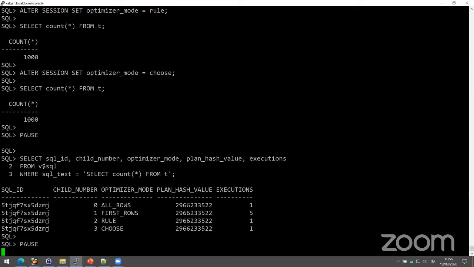And if you check the hash value of the execution plan, the hash value is based on the structure of the execution plan. So if you have exactly the same hash value, you know you have exactly the same execution plan. So in this case, you can see we have 4 times the same execution plan. So it's not, as I said before, that Oracle creates a new child cursor because another execution